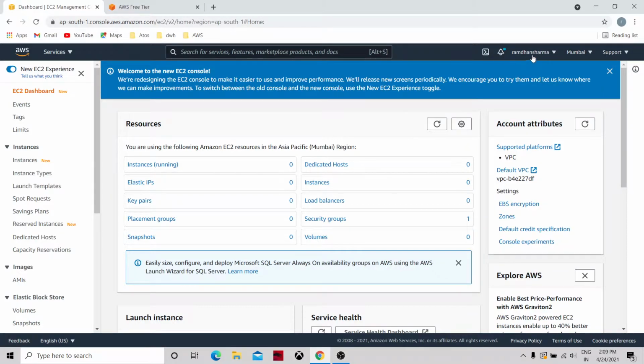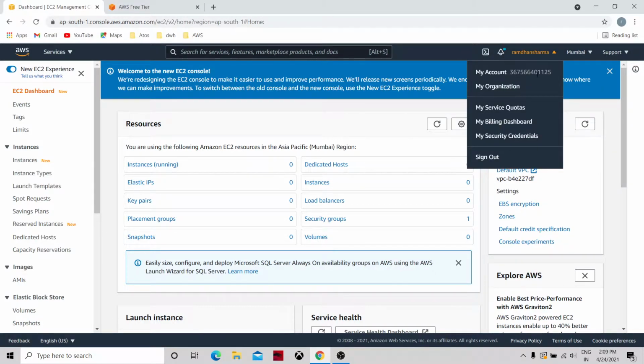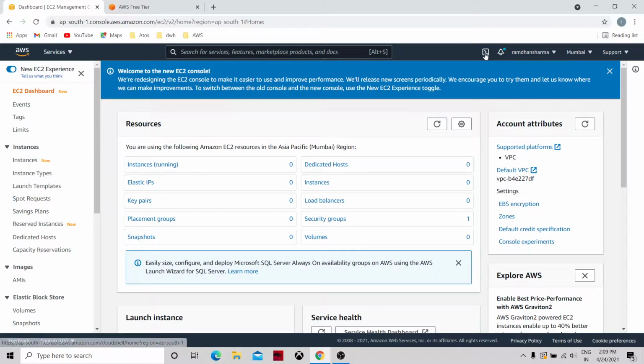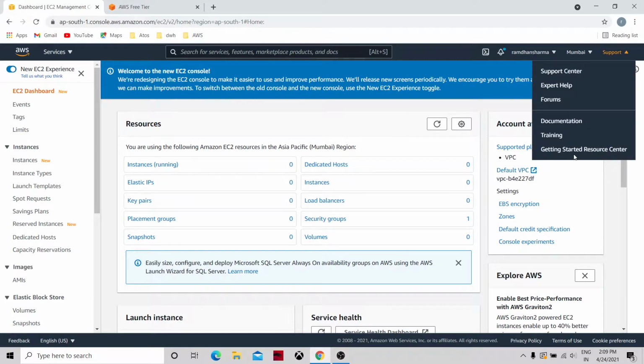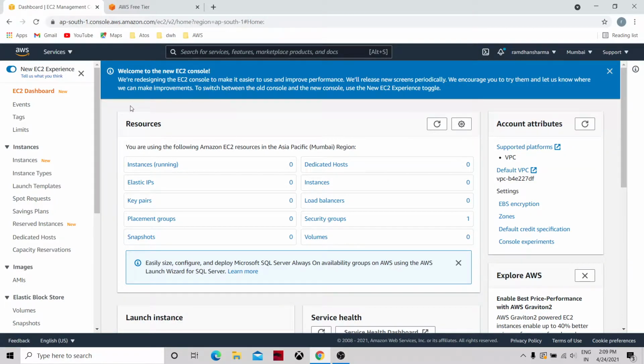This is your account; there is one account per user. This is the Amazon Cloud Shell, and in the support section you will have various things, documentation, training sections. Let's go ahead and create the EC2 instances.